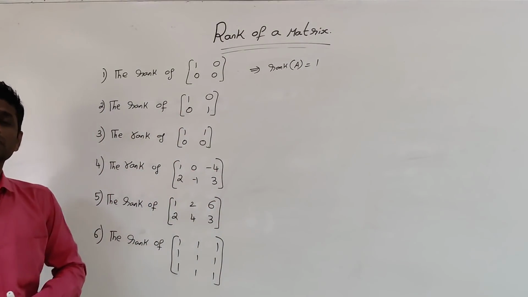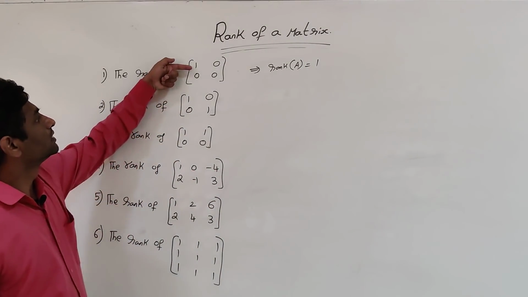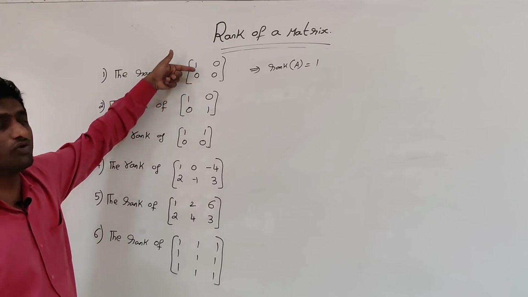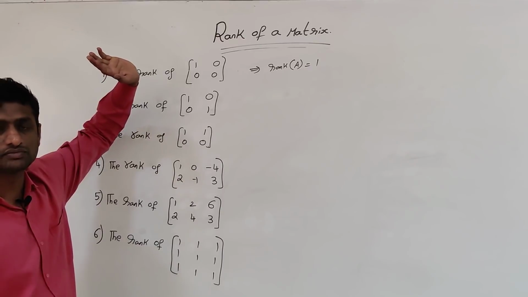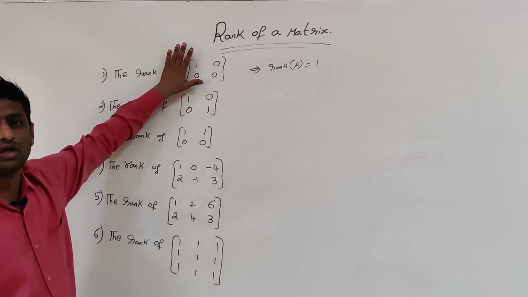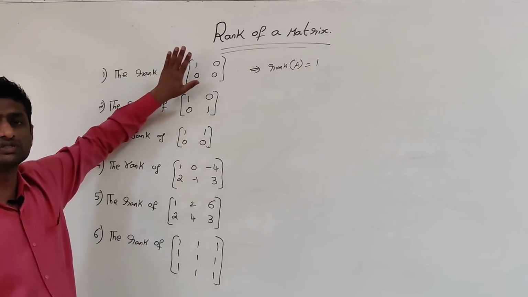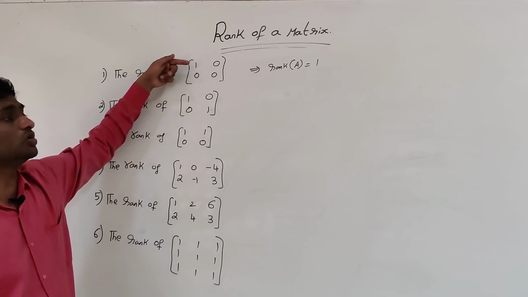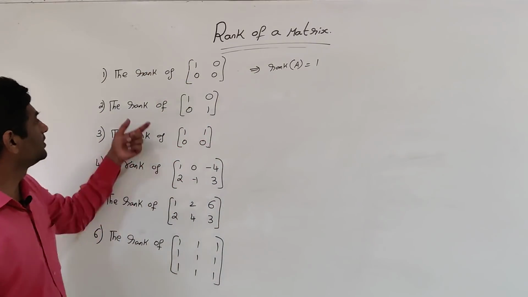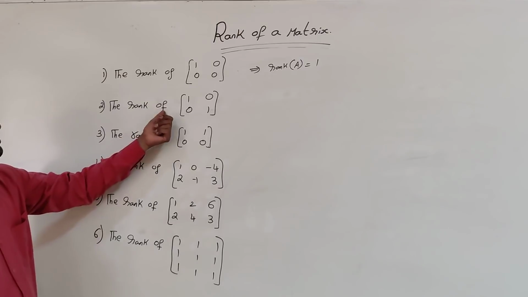Now by using the echelon form, the number of all 0 rows occurred before the first non-zero element, and there is only one non-zero row. So what is the rank of this matrix? The number of non-zero rows is only 1. So the rank is 1. Coming to this part. So what is the rank of this matrix?